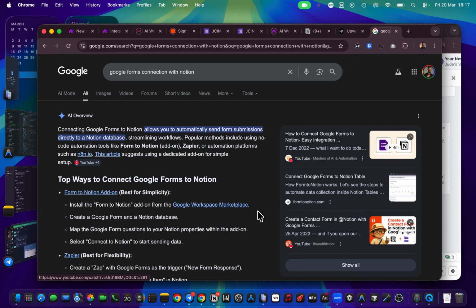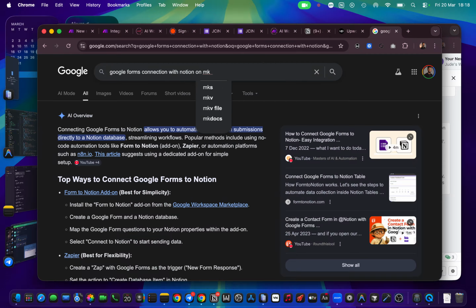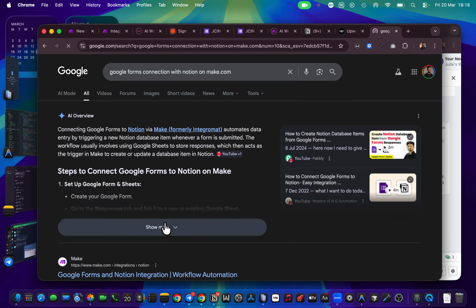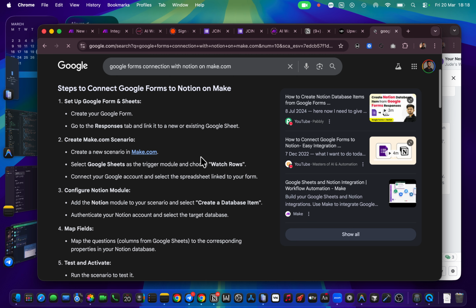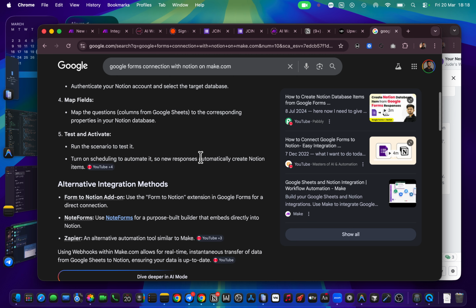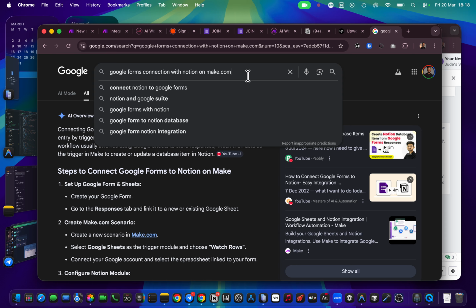It's probably even going to give us, you used anything, it's okay, anything Zapier, on make.com. See, it is giving you all the steps. These are the steps. They are very simple. The only thing is that if you want more details, you have to be very specific with your prompts, with what you are asking it.